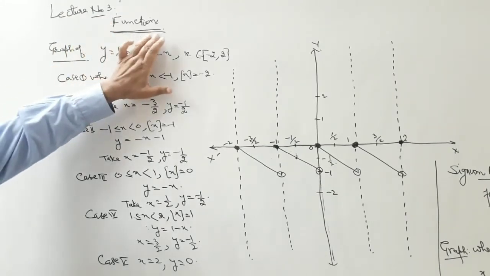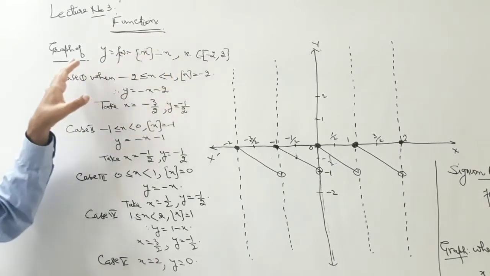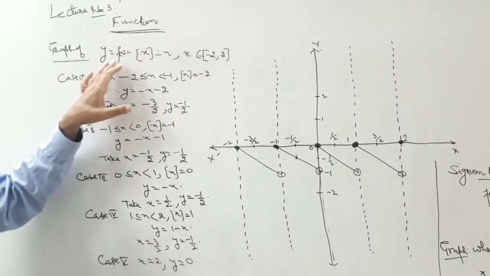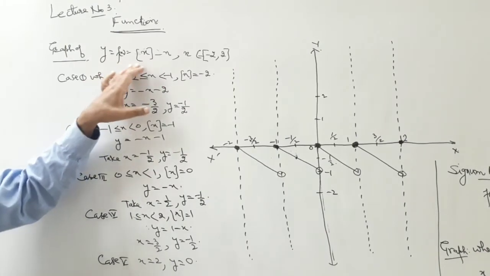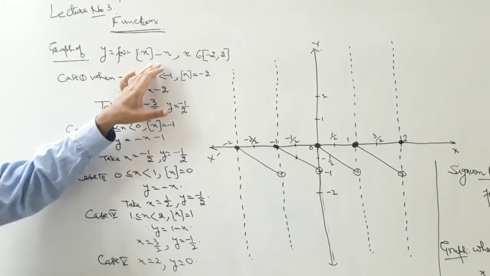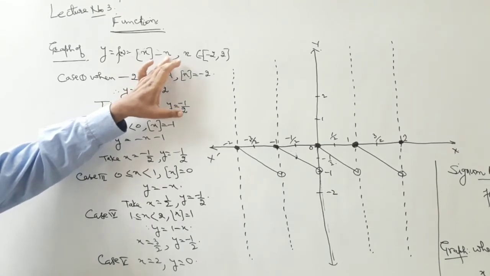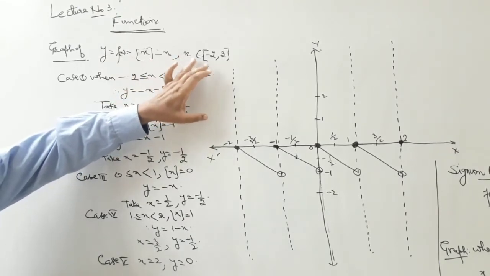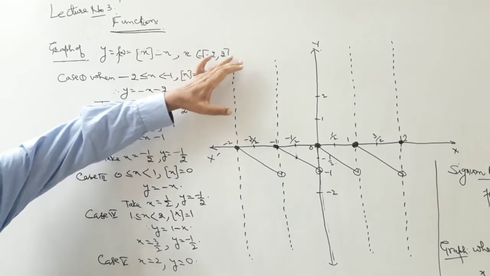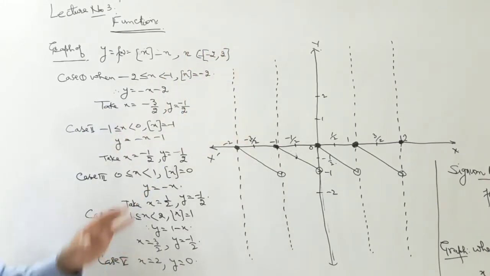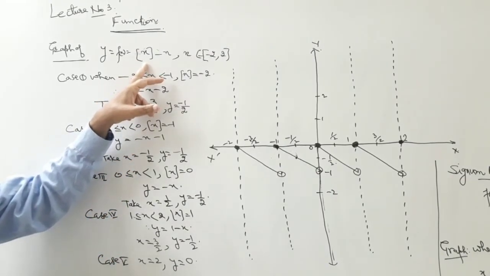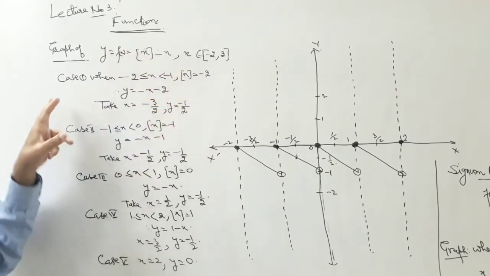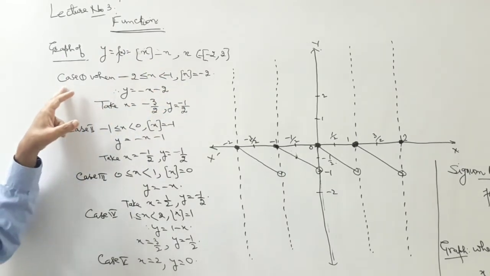The topic is function. The question is the graph of y is equal to f(x). Note this down. y is equal to f(x) is equal to [x] minus x, and I have taken a domain here, x belonging to the closed interval -2 to 2. So this is an important graph. In my previous lecture I have drawn the graph of [x] only, but it is now [x] minus x. See, you just have different cases.